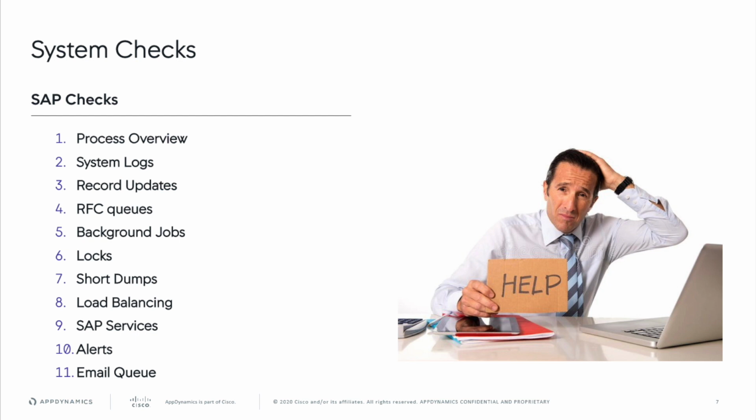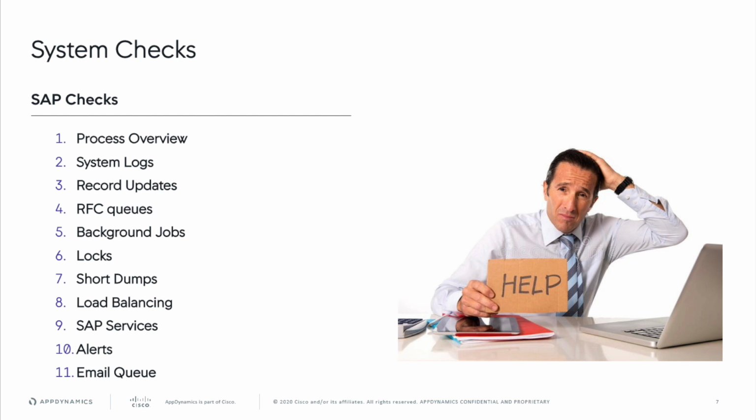You've got to go through things like process overview, system logs again, record updates, RFC queues, background jobs, locks, short dumps, load balancing checks, SAP services themselves, any alerts in the system, and then finally the email queue within SAP. All of these have their separate T codes that they go into. All of these take time to drill down, and each of these things can take down production in a variety